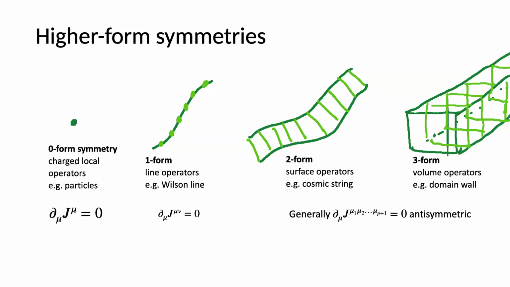Let me remind you that a Wilson or 't Hooft line you can think of as inserting an infinitely heavy world line of some massive, electrically or magnetically charged particle. And these operators measure the response of the system to that. These sorts of operators can have a notion of one form symmetry. They're one-dimensional operators, and since they're extended operators, these also have a conserved current, but in this case, it's a conserved current with two indices. Slightly different.